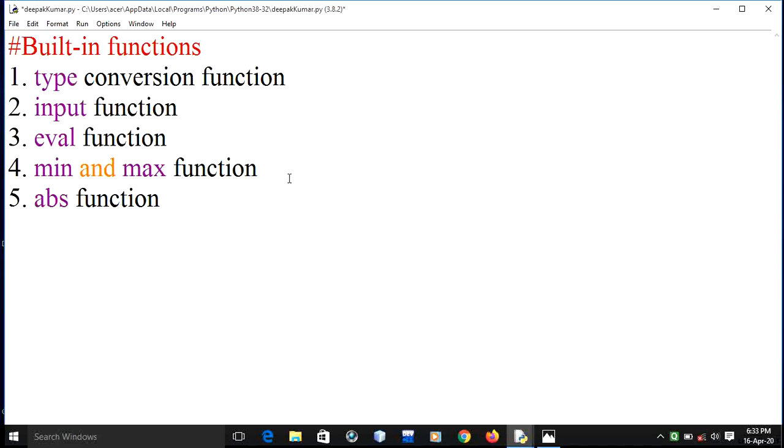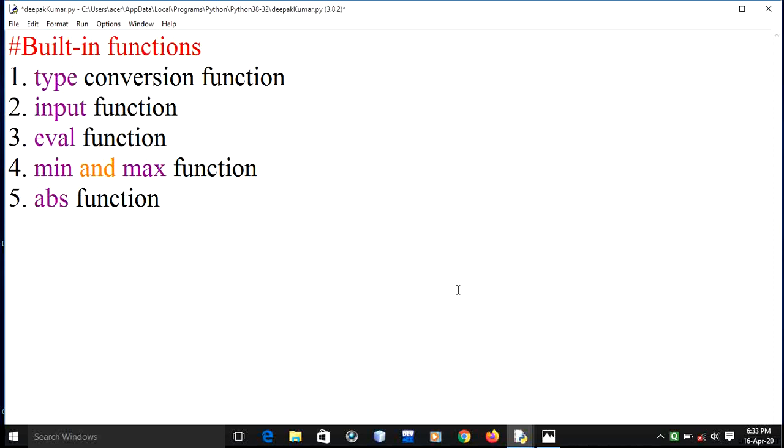The max function takes two or more arguments and returns the largest one. Similarly, the min function takes two or more arguments and returns the smallest one. Now we all know the meaning of arguments. The values, the parameters which are passed to the function by the user, are called arguments. So both take two or more arguments and return the result. The max function returns the maximum value out of the given values, and the min function returns the minimum or the smallest